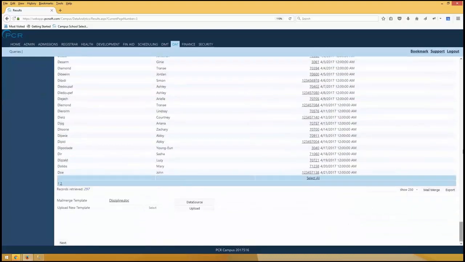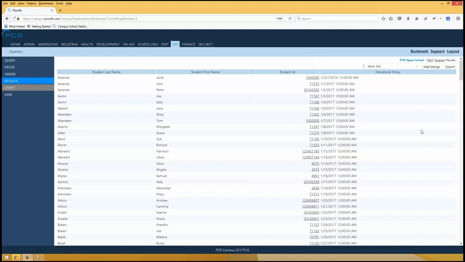What if I also want to see those people that have not yet submitted the handbook policy? In DMT, this was not possible. As soon as you would use the student actions table, it would only give you a list of those students that had submitted it or actually had that action. So in the DAT,